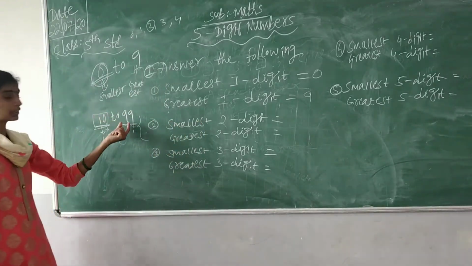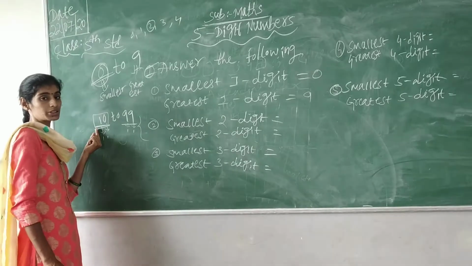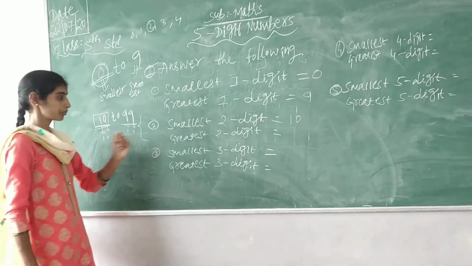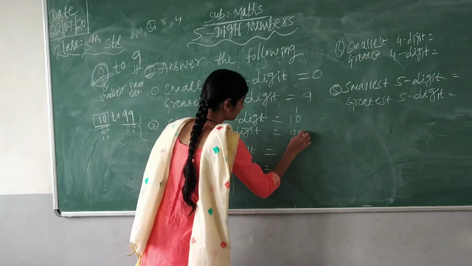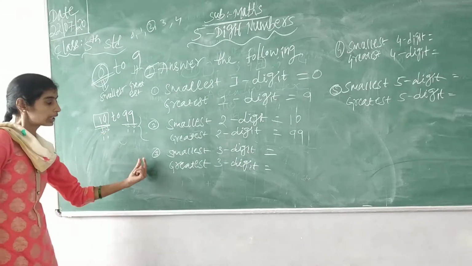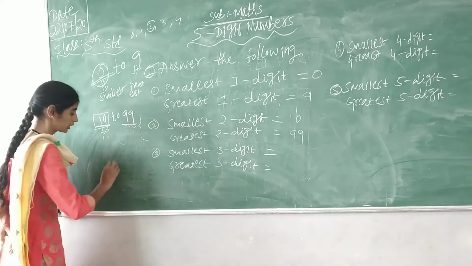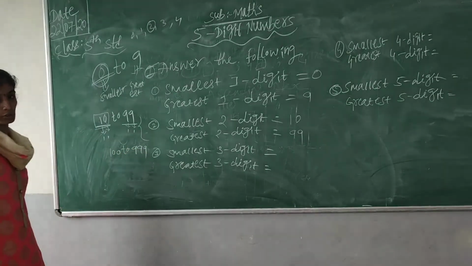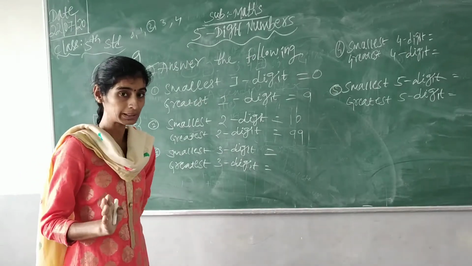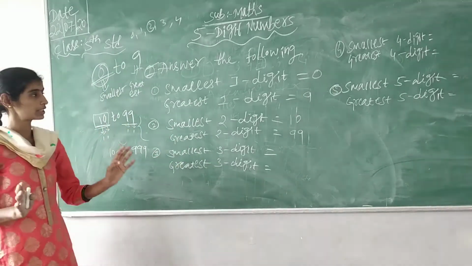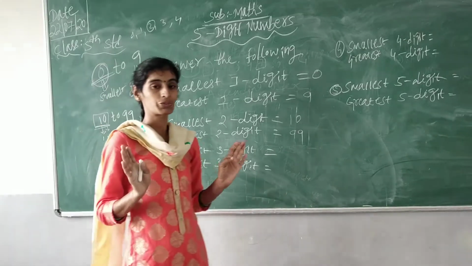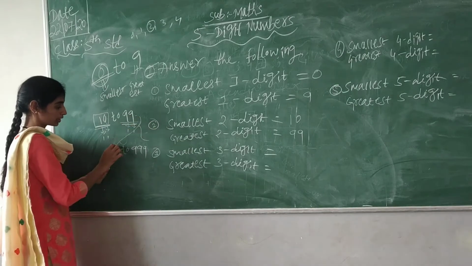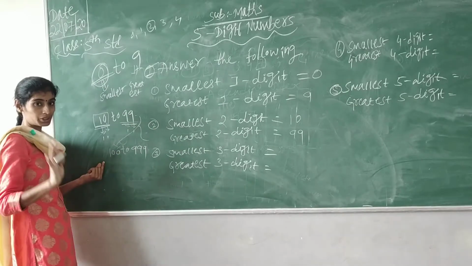So now easily you can tell 10 will be the smallest or greatest? Yes, 10 is the smallest 2 digit number and the greatest 2 digit number will be 99. Likewise 3 digit numbers, from 100 to 999. If you have knowledge of numbers thoroughly, easily you can solve this question. That is why you need to practice reading and writing numbers. After 99, what number is there, children? 100. In 100 you can see 3 digits.